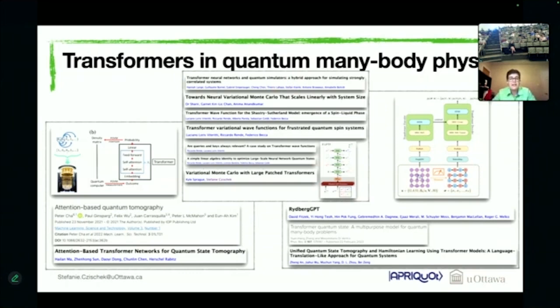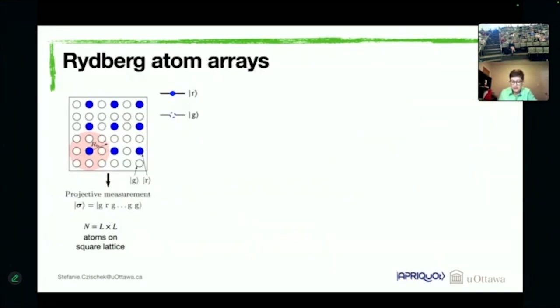So basically variationally find ground states of a given Hamiltonian using these transformer models. And I will show you today how this can be done, and also how we modified the transformer architecture such that we get a really powerful variational algorithm to find ground states. And before I tell you more about how these neural networks work and how the transformers work and what we do with them, let me introduce the quantum system that I will use as a toy model here to benchmark all our numerical methods.